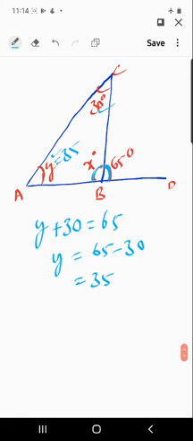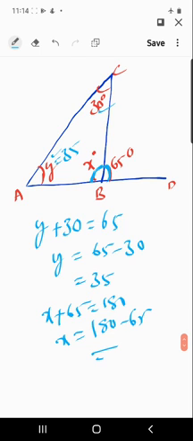So by that can we find the x value or not? The x value, two ways we can find it. Now by using angle sum property, or otherwise linear pair. Linear pair: x plus 65 is equal to 180 degrees. Now solve it for the x value, you will get that answer. So this is the way. Here basically I want to explain about the exterior angle property only. Here we are using the exterior angle property.